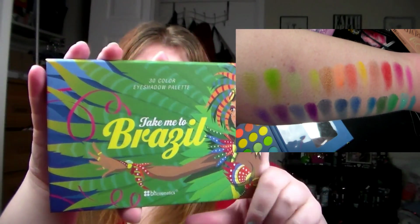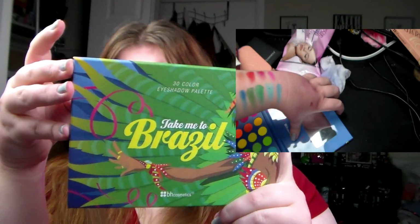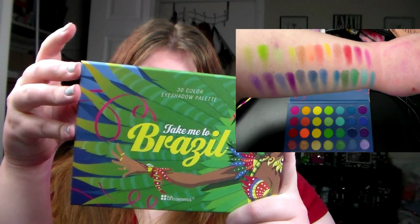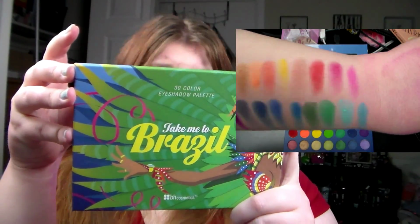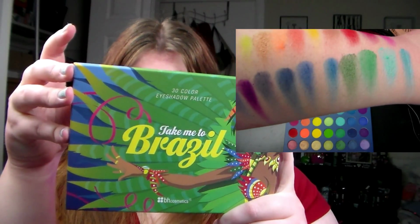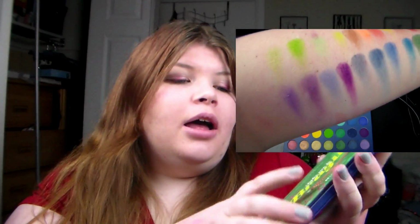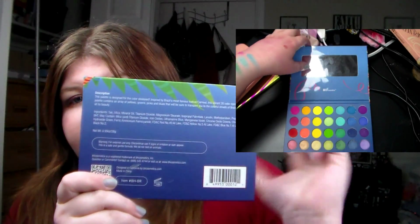Super nice packaging. The description is that this palette is designed for the color obsessed, inspired by Brazil's most famous festival, carnival. This vibrant 30 color eyeshadow palette contains an array of yellows, greens, pinks, and blues that will surely transport you to colorful streets in Brazil in all its beauty. So really exciting. And I love the packaging, and on the back it has the leaves and a very beautiful blue setting. And then here is the mirror,